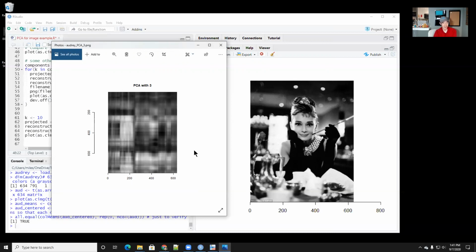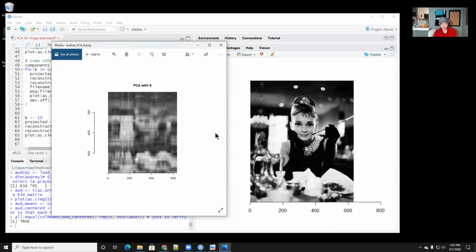And as we add more, you can see more definition and more of the image showing up here. Now we actually get some shape to the napkins, but it's still completely unrecognizable as an image. With 6 principal components,